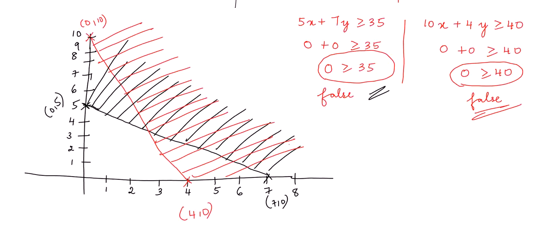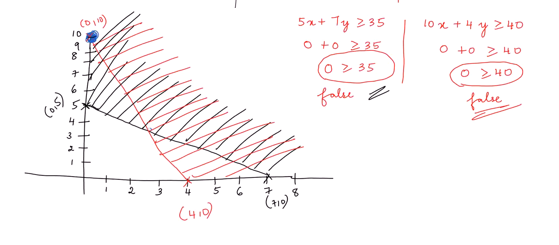We have shaded both the inequalities. Find out which is the common region. That is, you should have both colors here. As I've taken red and black, the intersection should contain both of those colors. That is, the region is, first you have this point, because this black colored line goes this way. So the first point is this one.